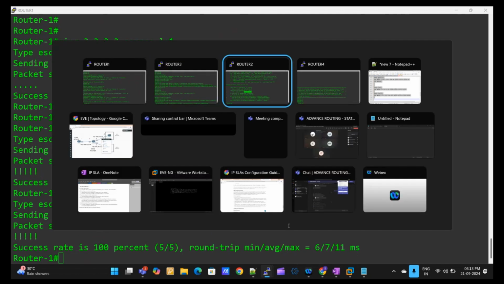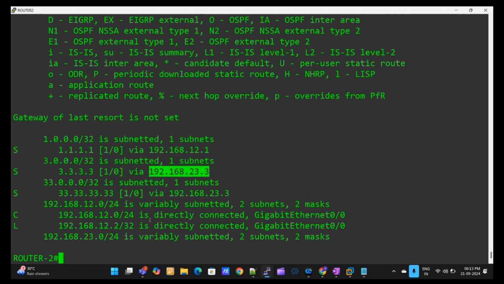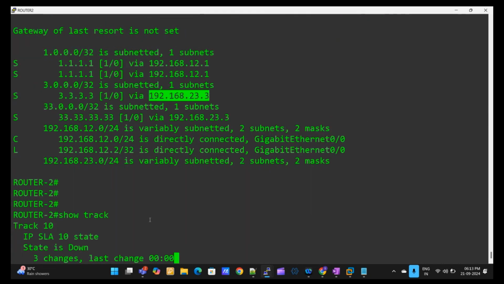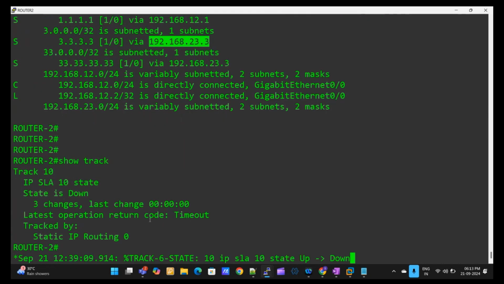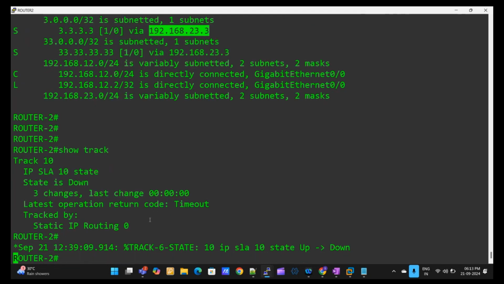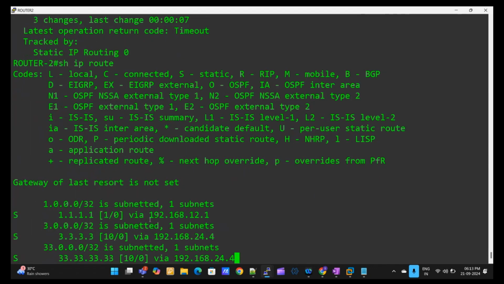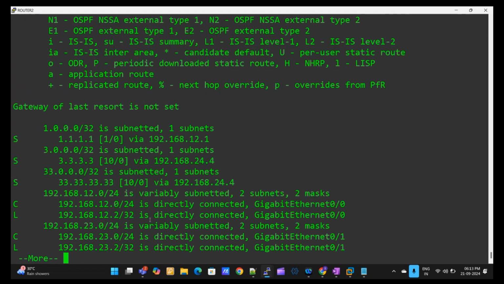Now again, immediately in router 2 we'll get a show track. Within a fraction of a second, in 2 or 3 seconds, it went down. The track also went down, and the route will also get changed. This is the main point: this same IPSLA track, instead of calling it in static routing,